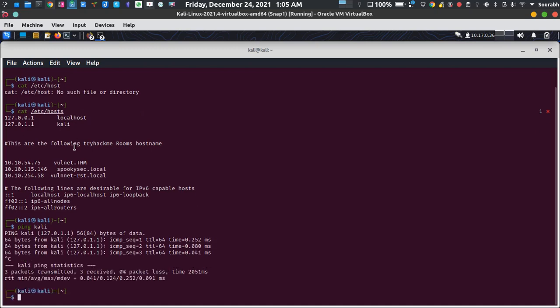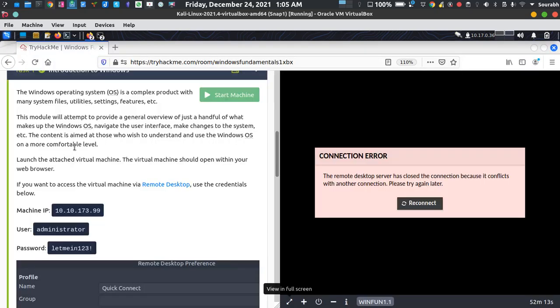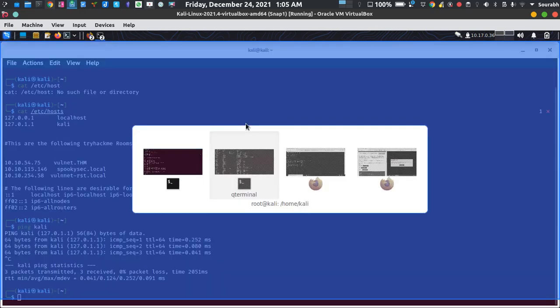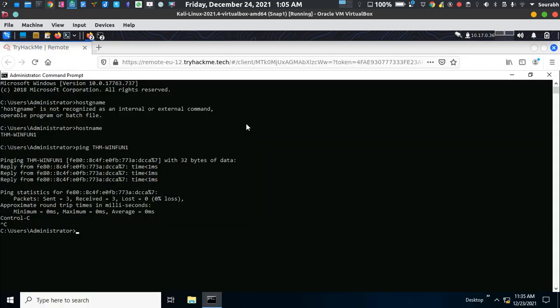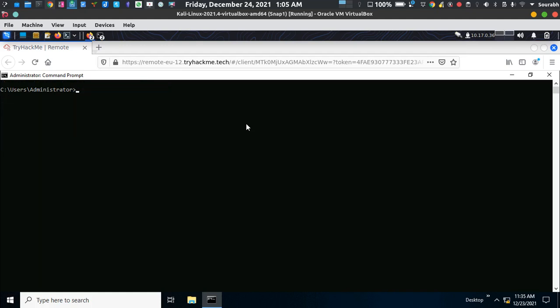Okay, and in Windows the command is pretty simple. Let me just clear this out. The command is pretty simple because it's actually the same. So type whoami, and you are currently logged in as thm-winfun\administrator.